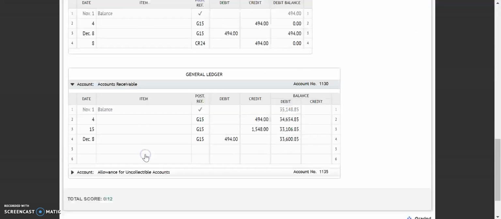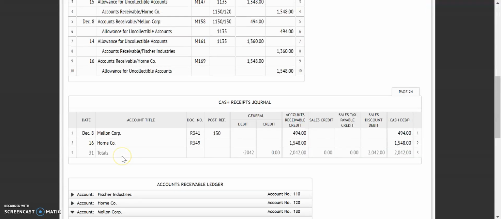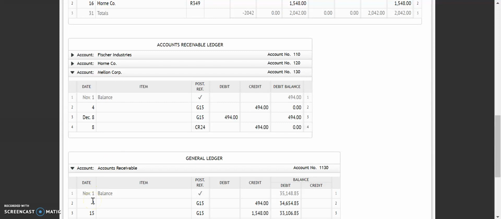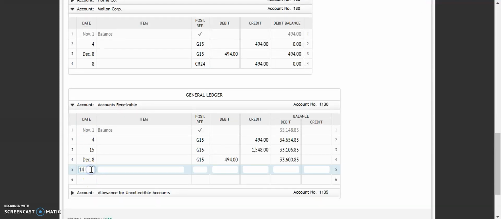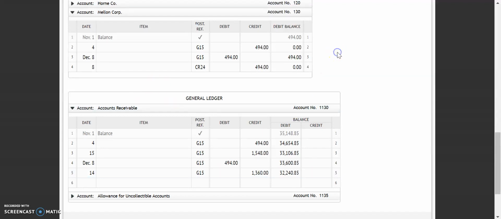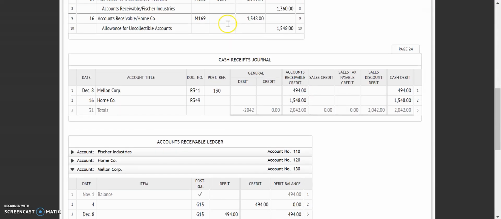So we open up accounts receivable first. This is on the 14th. G15, a credit of 1,360. So again, we're subtracting here: 33,685 and 85 cents minus 1,360. And our new balance is $32,240.85. And we come back up and put our account number in here,